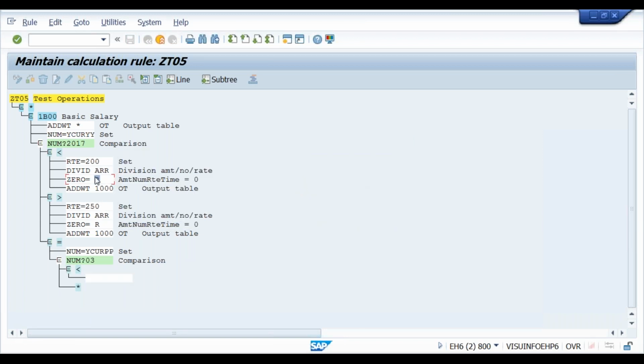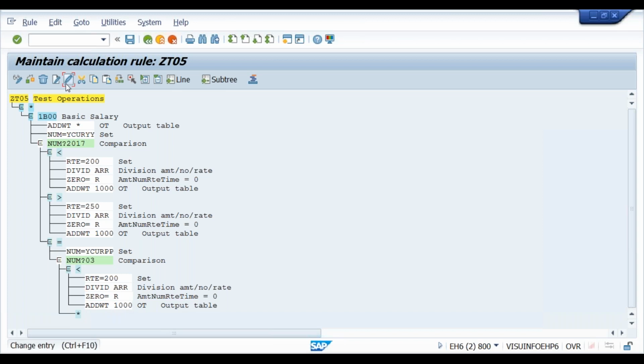Sorry, this is A. We need to remove amount, not the rate. I'll correct it. Now currently the number is also placed in the number field, right?